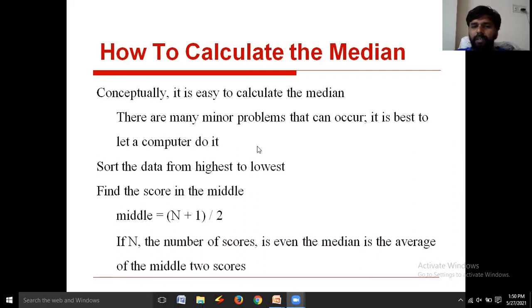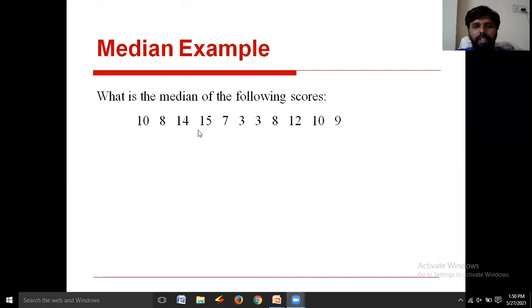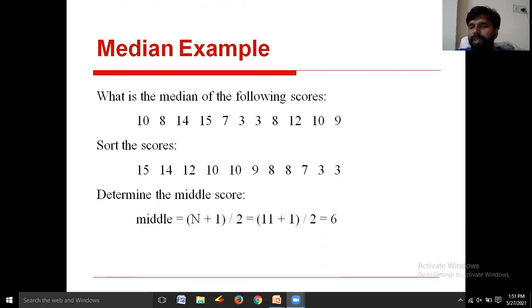See, here we are calculating the middle value in two ways. Why? Because based on the N value, if N is even, we are using one approach. If N is odd, we are using another approach. See, these are the elements existing in the data. We arrange all these elements in sorted order. That is step 1 to calculate the median. Then we need to find the middle value. Now how many elements are there here? 1, 2, 3, 4, 5, 6, 7, 8, 9, 10, 11.